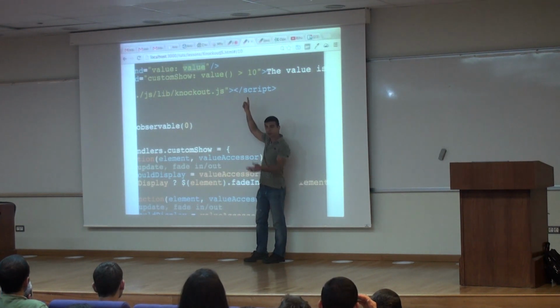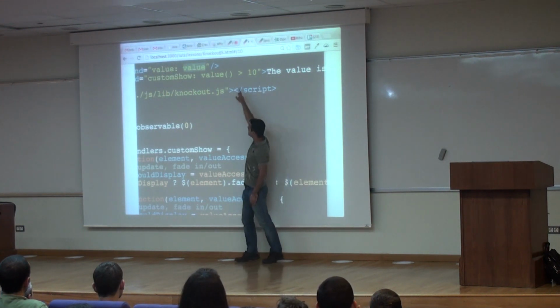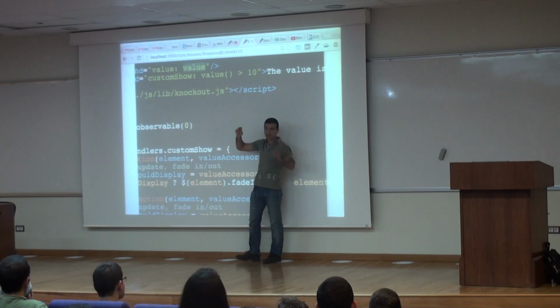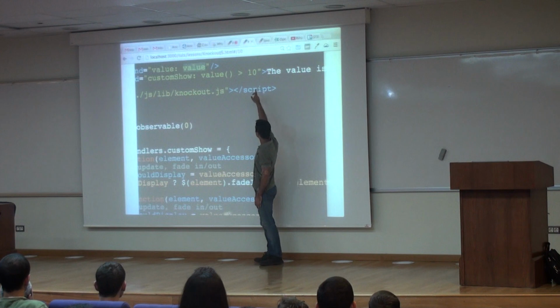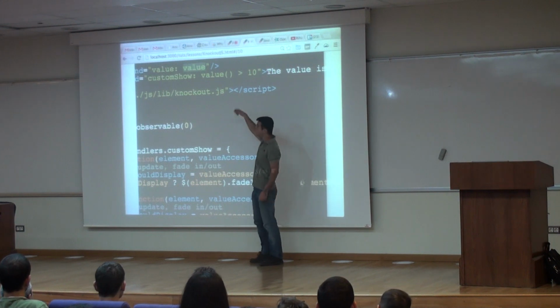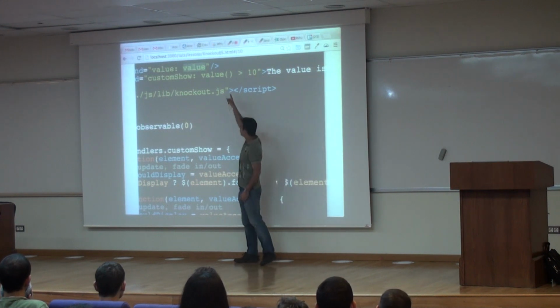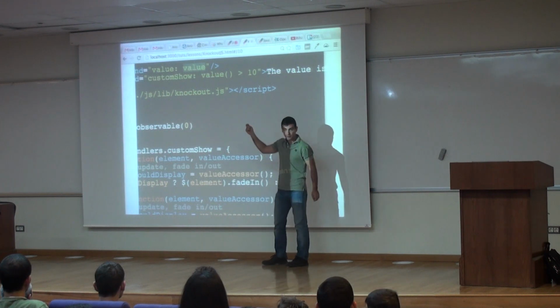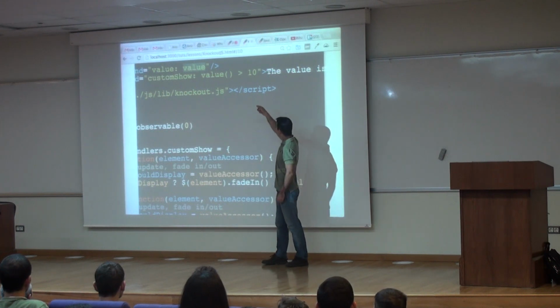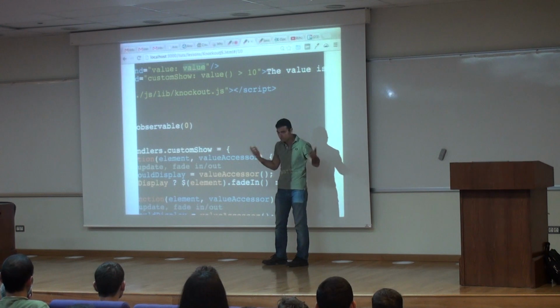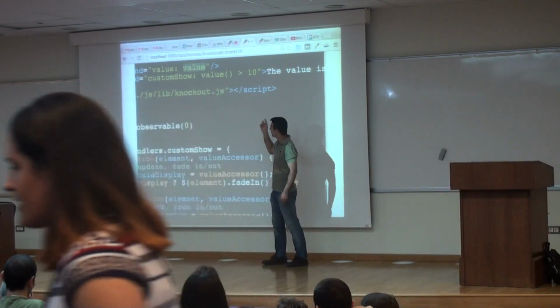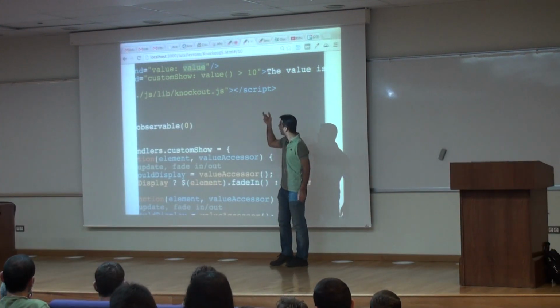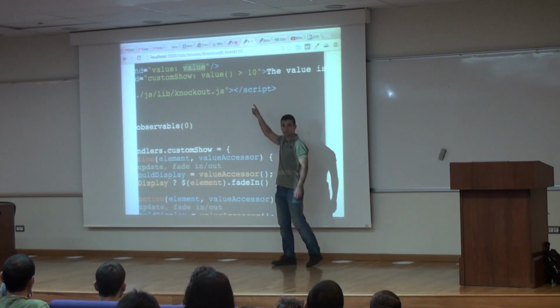Expression. Computed observable. We basically defined a nested, inline computed observable. Computed observable-ի ժամանակ, որպեսզի ես ստուգի եմ 10-ի շատ է, ես պետք է արժեք գտնեմ։ Եթե value-ն չկանչեի, ես կհամեմատեի ֆունկցիան, observable ֆունկցիան, ավելի մեծ է, քան 10-ը։ Եթե կանչում եմ, ստանում եմ արժեքը, ու արժեքն եմ համեմատում 10-ի հետ։